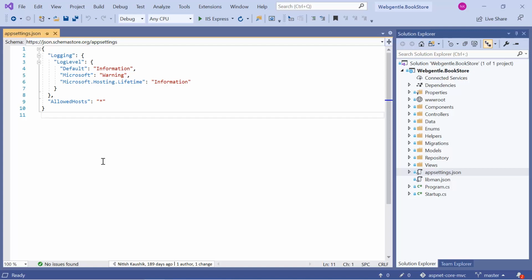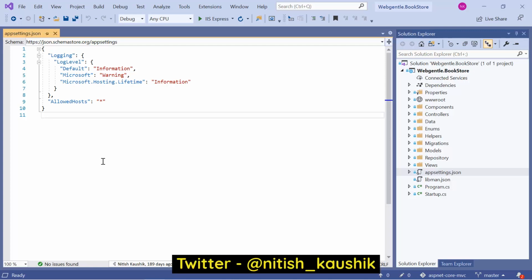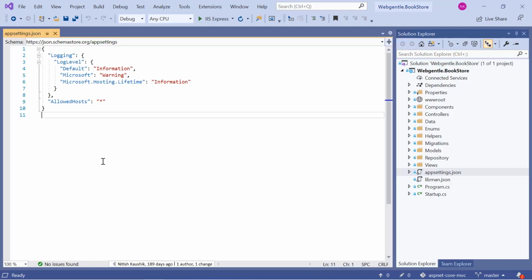Now if you wonder how many appsettings files we can have in our application, the answer is that you can have n number of appsettings.json files in your application based on the environment. What does that mean? It means for your environments you can create n number of JSON files. Suppose this is the common appsettings.json file. It is not dependent on any environment. It is common to everything.